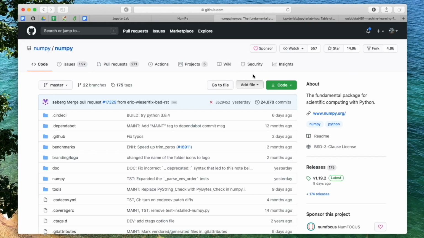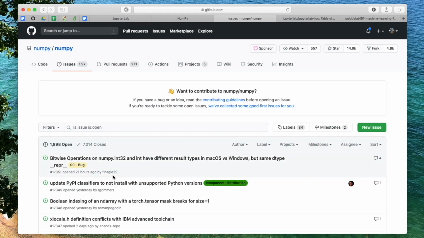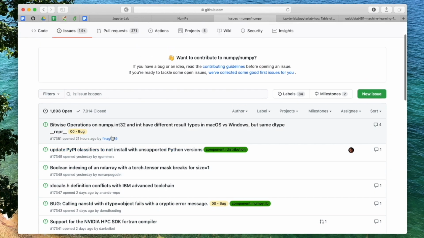Also, if you're interested and find a bug or something like this, this is the official NumPy GitHub repository. But I would only recommend to file a bug, for example, or contribute a feature if it's really a bug and you made sure that no one else filed it yet, because you can see there are 1,900 issues here on GitHub. So the NumPy community is very busy, so as not to add more to their work. Please, before you submit an issue, make sure that it's really an issue. So you can also, if you have some issues, search here for these types of issues.